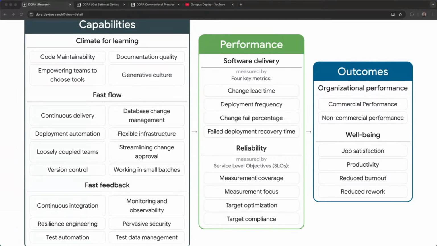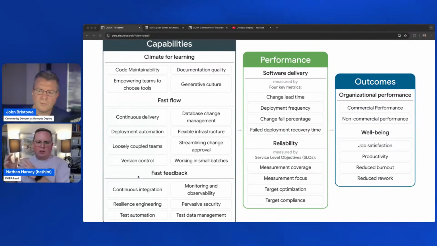And the idea behind DORA is to really look at these capabilities on the left and figure out, where does your team have the most opportunity to improve? It's almost like applying the theory of constraints to your overall software delivery process. Which of these capabilities on the left-hand side is holding us back? Now, as a team, let's build an experiment. Let's write down a hypothesis. We believe that by working in smaller batches, we will be able to improve our software delivery performance, and that's going to drive better revenue for our organization and better job satisfaction for the people on our team.